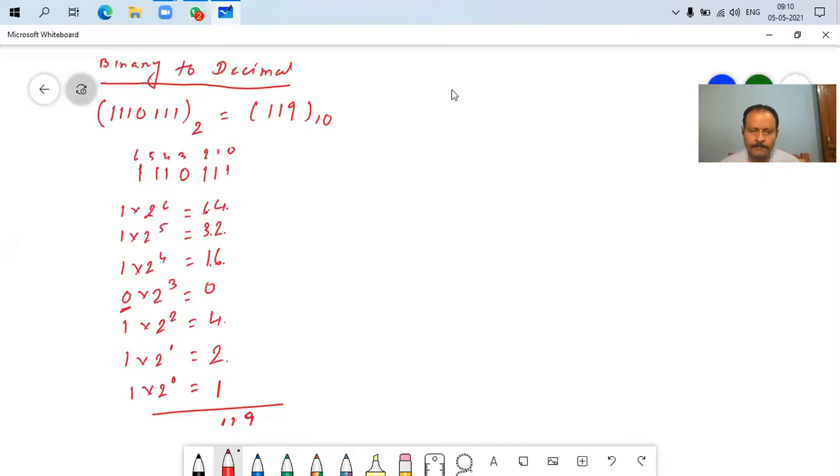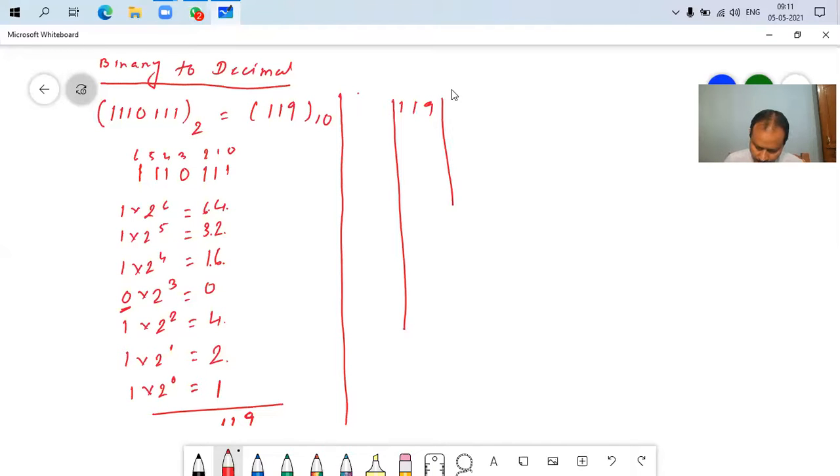So we can write this equals 119. Now, whether my answer is correct or whether we did the calculation correctly, we need to verify. So how do we verify? We again convert 119 to binary. So how to do that? We divide it by 2. 5 twos are 10, remainder 1, and 19, so 5 nines are 18, remainder 1. Then we divide by 2 again, 2 twos are 4, remainder 1, 2 nines are 18, remainder 1.